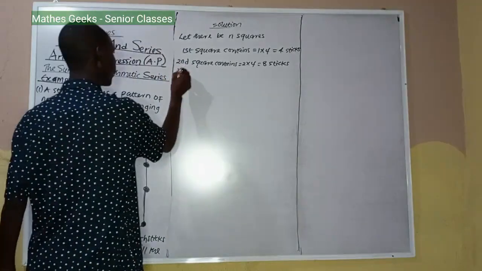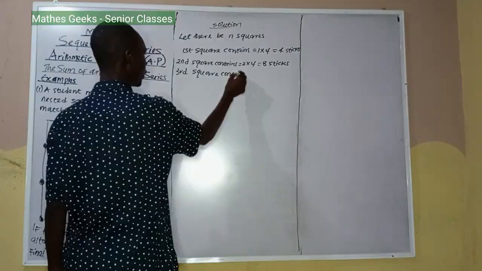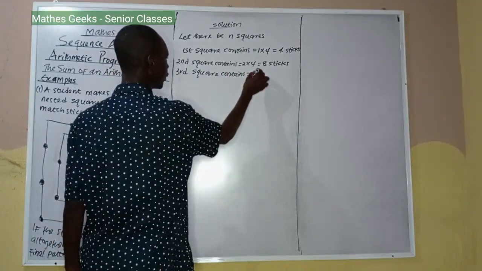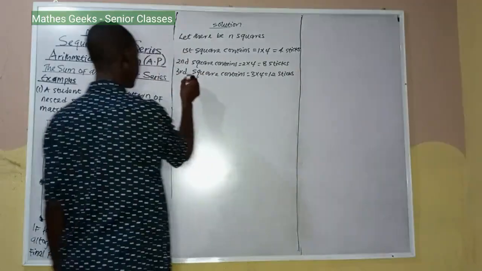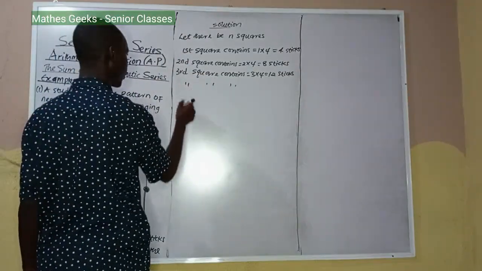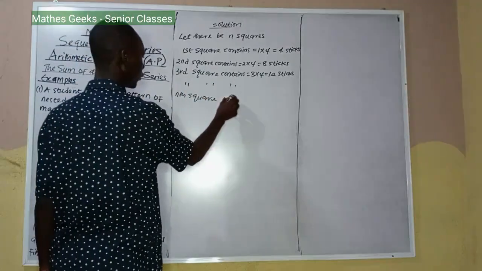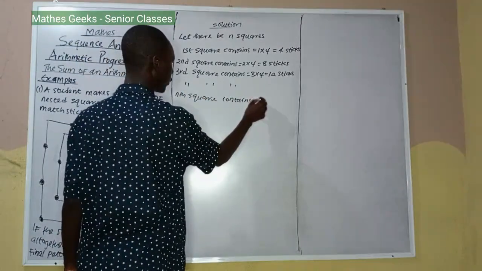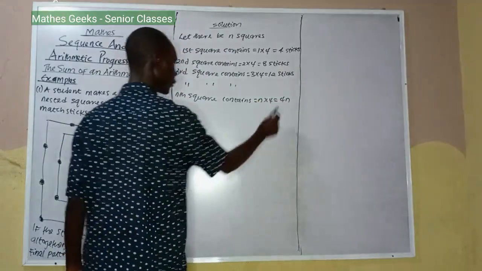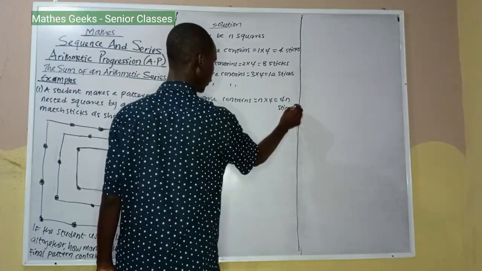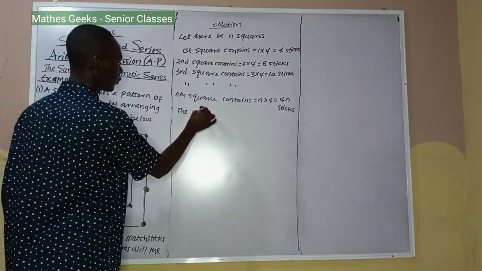The third square contains 3 times 4, which is 12 sticks, all the way down to the nth square. The nth square contains n times 4, which is equal to 4n sticks. So we know that the number of sticks required